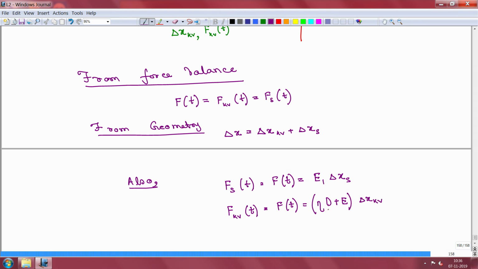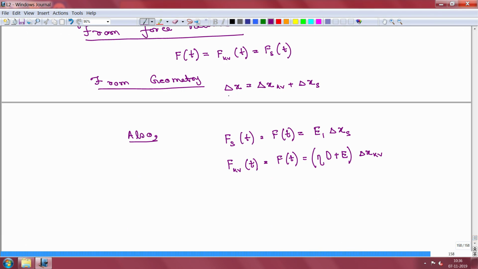Please remember that this D is the differential operator, so it is a d/dt here. I want a relationship between F, the left hand side in the force balance equation, and delta x, which is again on the left hand side of the geometric relationship. Ideally I would be able to get delta x simply by adding these two. Now, I do not want to take this into the denominator, because this is actually a differential operator. So, I want to keep it in the numerator itself and then add this up.